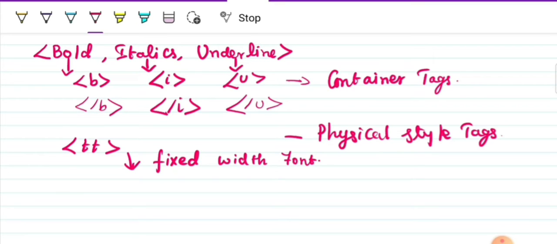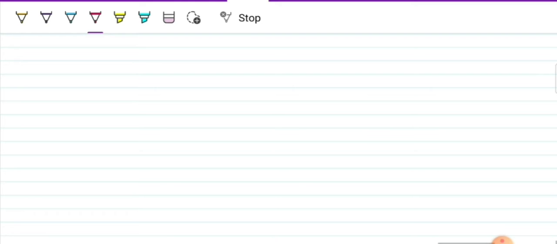For these and all we will be seeing an example program, so by that you people will be very clear. Before proceeding with the example, we must know what tags are available. So these three are for bold, italic and underline. Yes, next we can see the next one. It is for strong and emphasized.